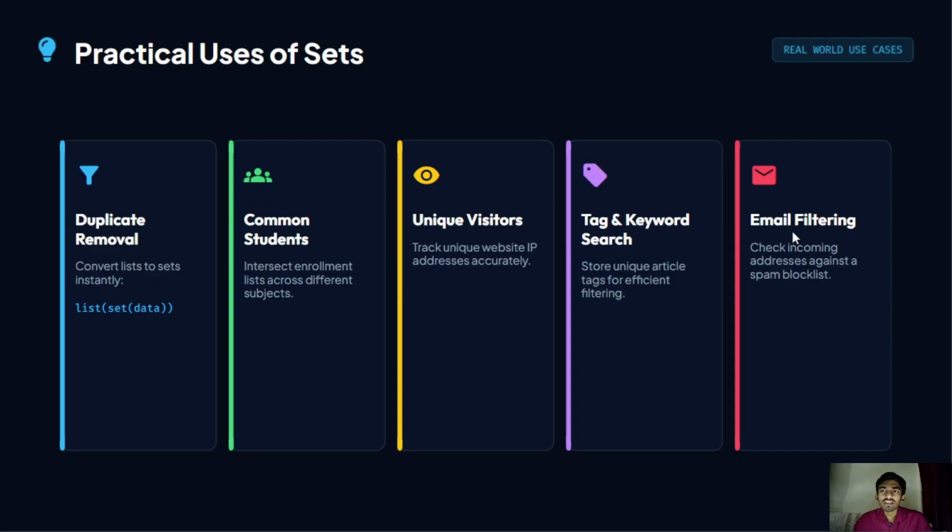After that, there comes spam filtering. Sets can store blocked email addresses. Whenever a new email address arrives, Python can check whether it belongs to the blocked set. Fast, simple, and efficient. After that, the article tags. Article tags are like Python programming and Python tutorial. A set automatically keeps duplicate values